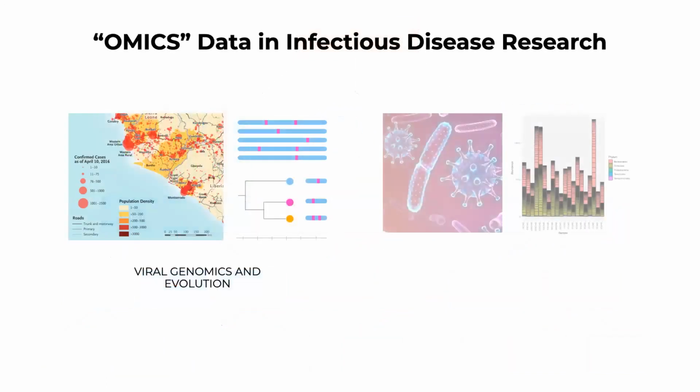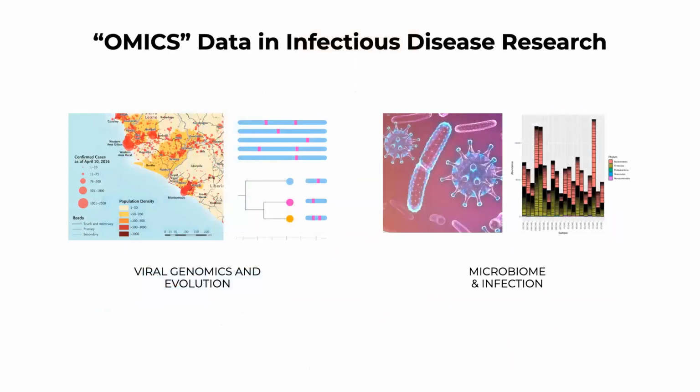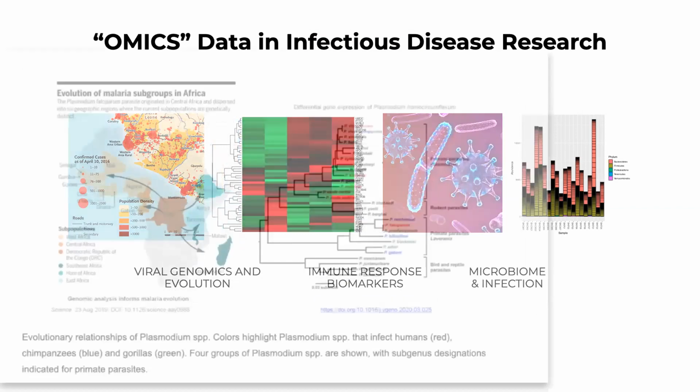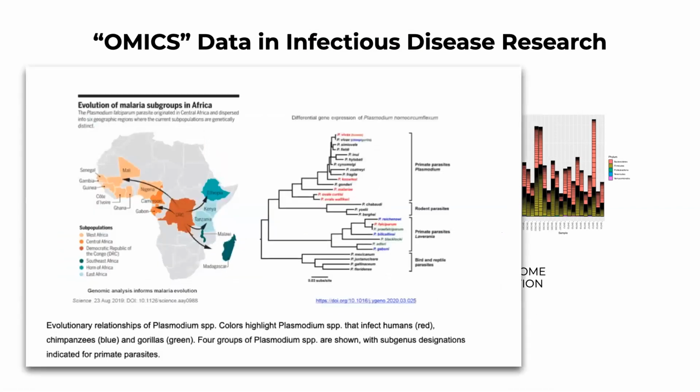And to understand this, we have collections of data types that we are putting together, and we already have some examples, but we're putting together some new resources that include viral genomics and evolution, microbiome and infection, and immune response and biomarkers. So at this point, I wanted to hand over the microphone to Mohit Mazumdar,